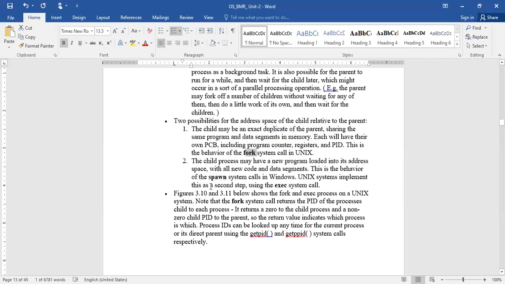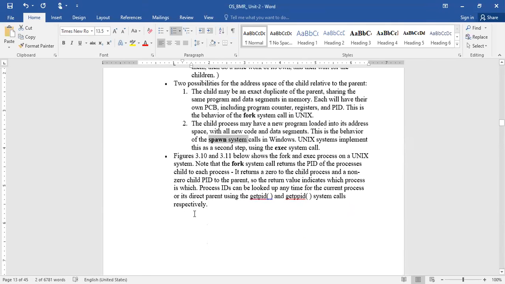When coming to Windows, the spawn kind of process exists. So in spawn, what happens? Entirely new address space and data segments and new CPU registers, each and everything is new. Nothing will be copied from the parent, right? So such kind of behavior exists in the spawn system call. Okay. Now you can see all these things in the upcoming diagram.